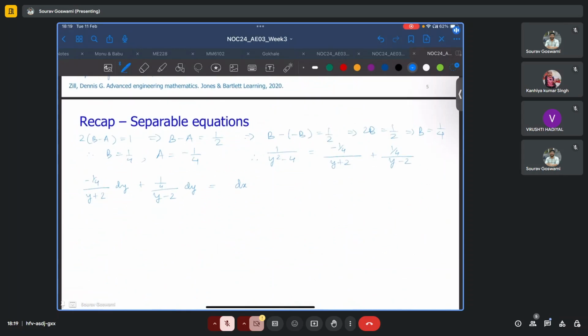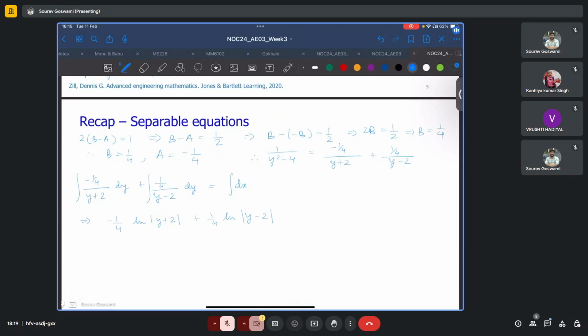And if now we integrate both sides, we know that the integral of dy by y will be the natural logarithm of y, and adding a constant does not change anything. So this will be minus 1/4 ln |y + 2|. Similarly for the other term, 1/4 ln |y - 2|. And it is important to put the mod sign here just to be mathematically rigorous,